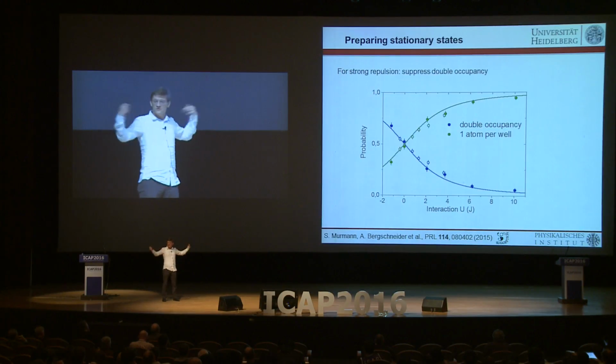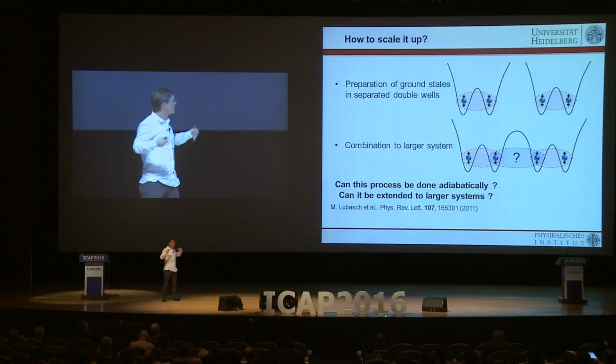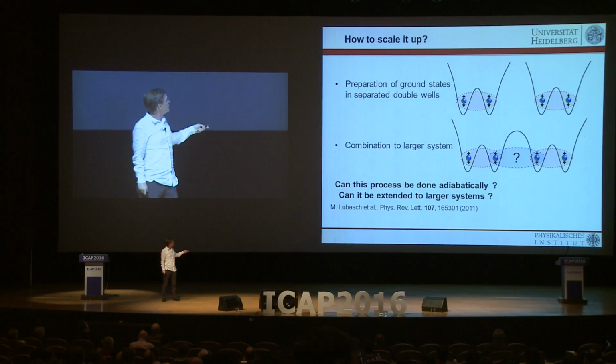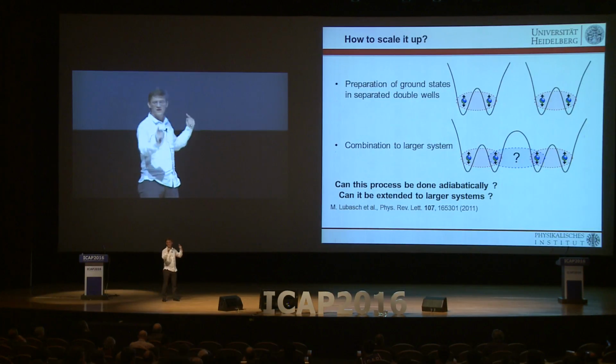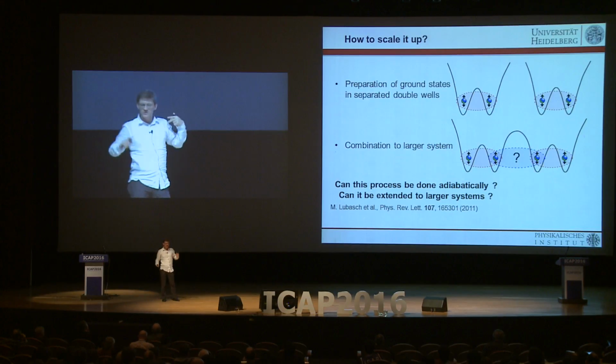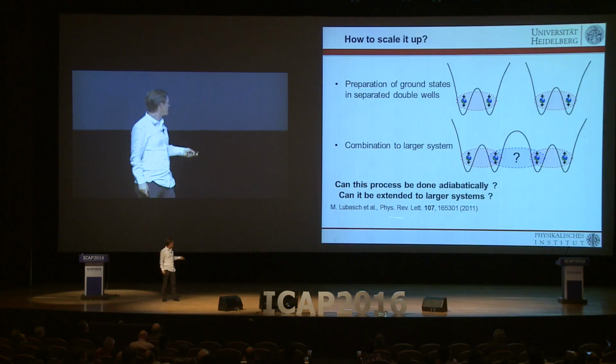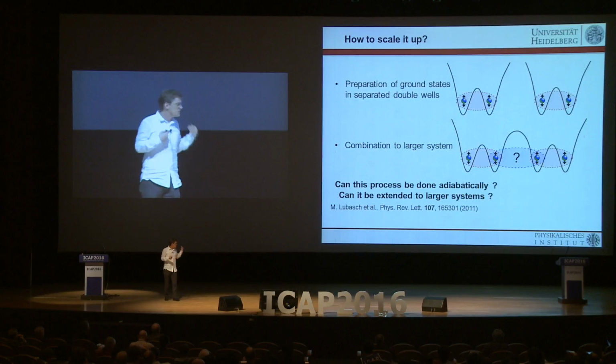Okay? Now, of course, the next step here would be to try and think, okay, how can we prepare bigger systems? Because somehow you need at least two particles with the spin degree of freedom adjusted, spin 0, to have like a zero entropy system if you want to merge many, many such systems to a larger one. And the question is, how well can one actually do this without increasing the entropy of the many-body system as one starts to couple this? There's actually some theoretical studies on this that show some favorable scaling behavior, so we are quite confident we can do this. But before I dive more into detail on this, I would like to show you some other results